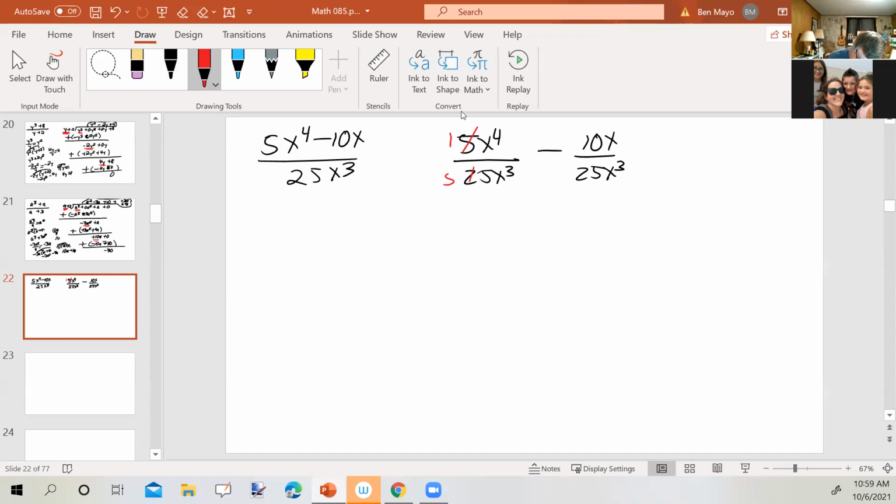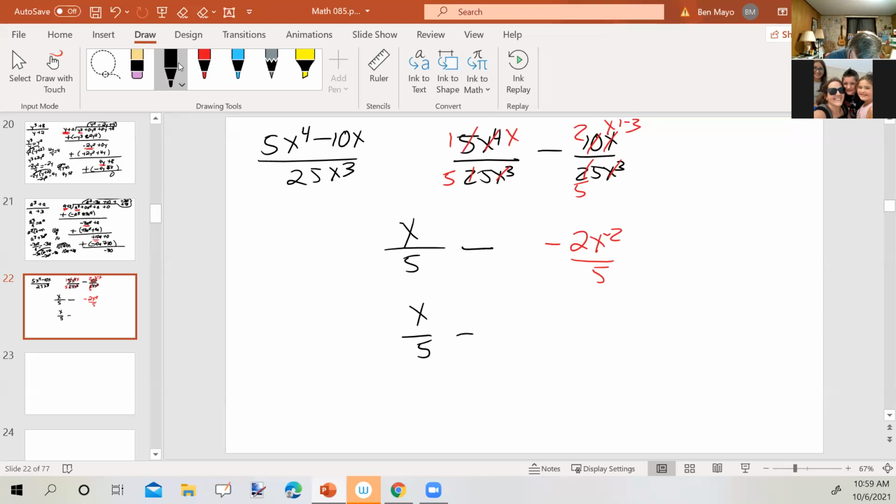5 over 25 is 1 over 5. X to the fourth over x cubed would be x to the 1. So I have x over 5. And then minus 10 over 25 is 2/5. X over x cubed is x to the 1 minus 3. So this would be minus 2x to the negative 2 over 5,